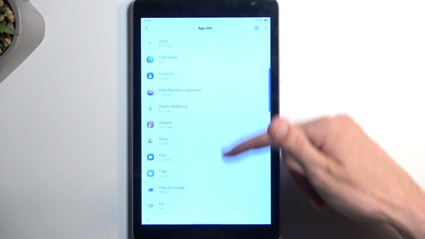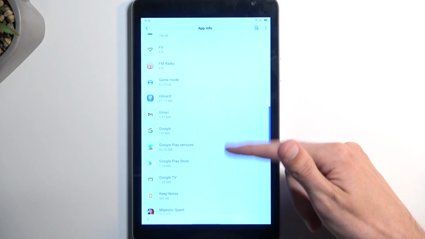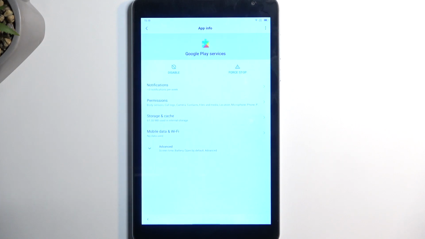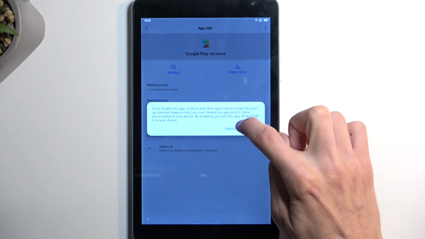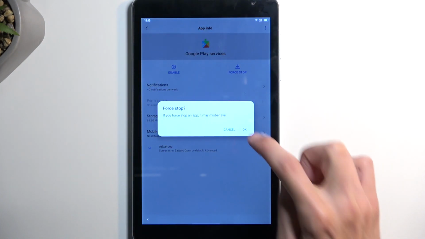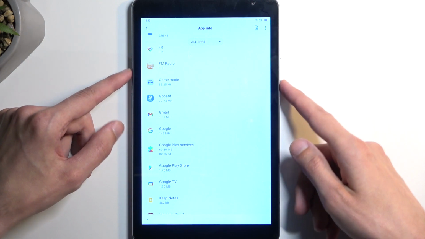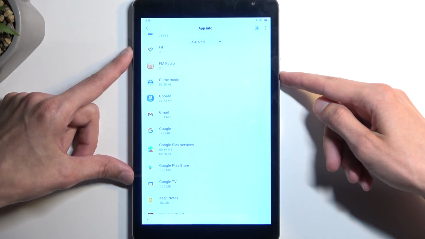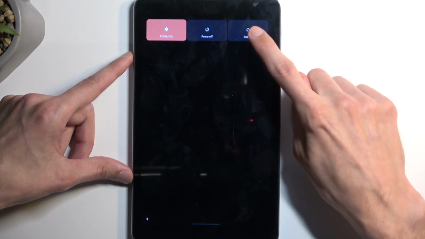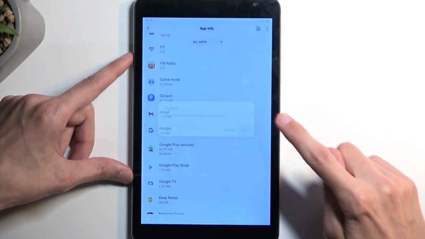and we're going to now scroll down to Google Play Services right over here, and we're going to select disable app, and the force stop. Okay. Again, we're gonna go back, and it looks like that once we have disabled these two things, we are now just gonna reboot the device. So hold your power button, select restart,